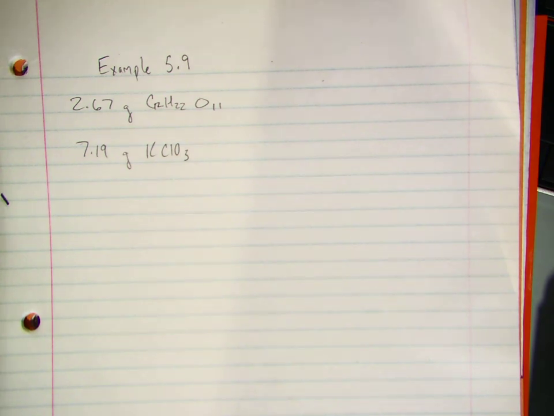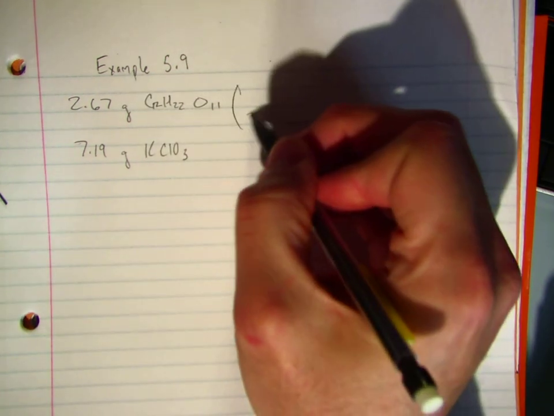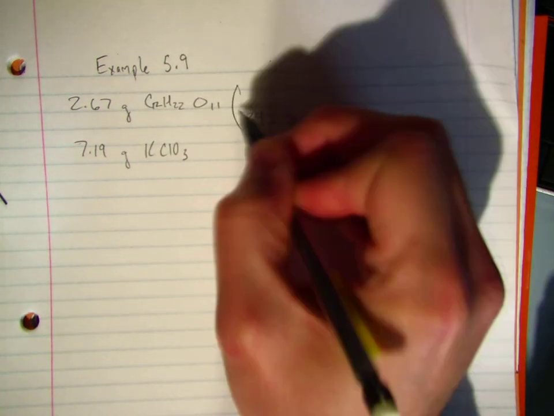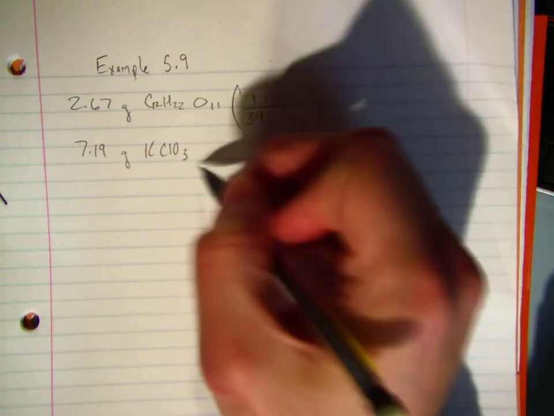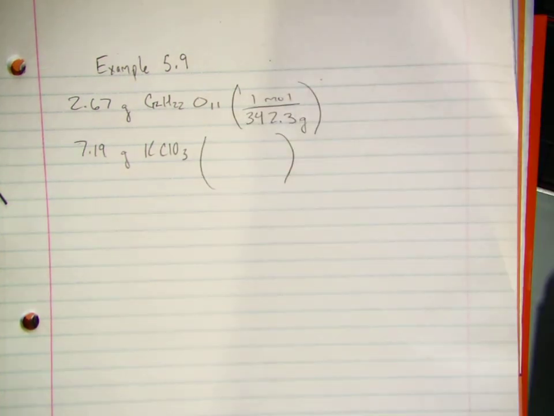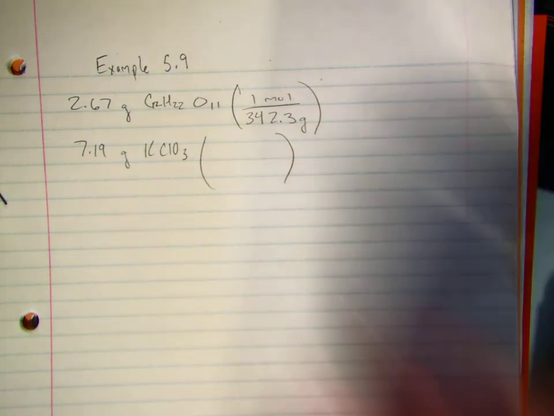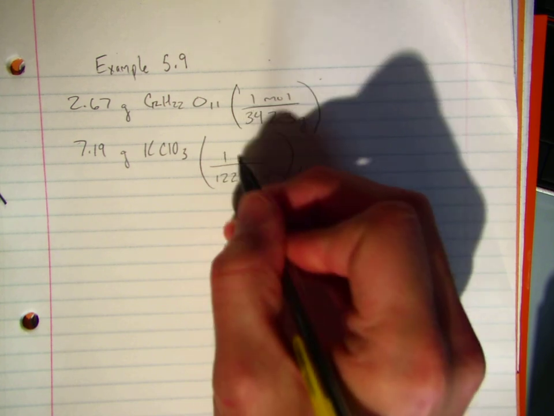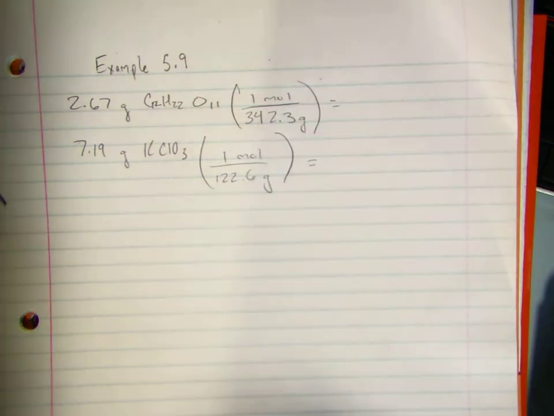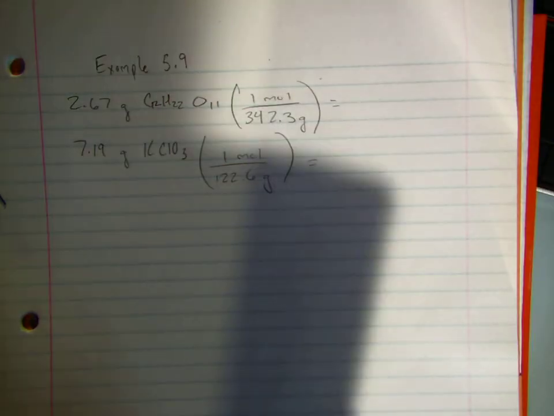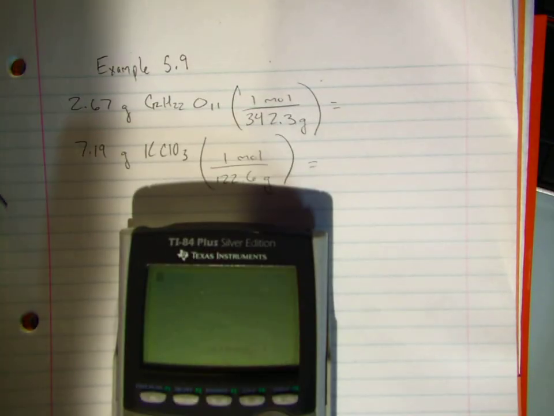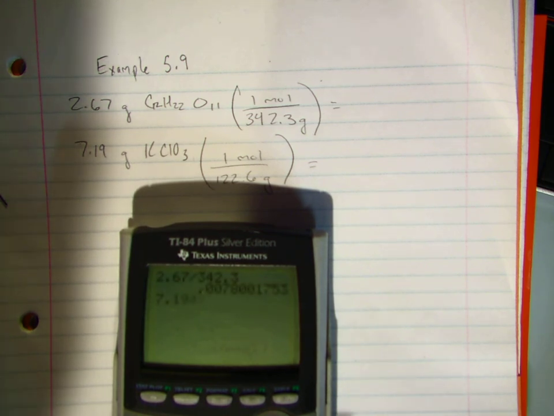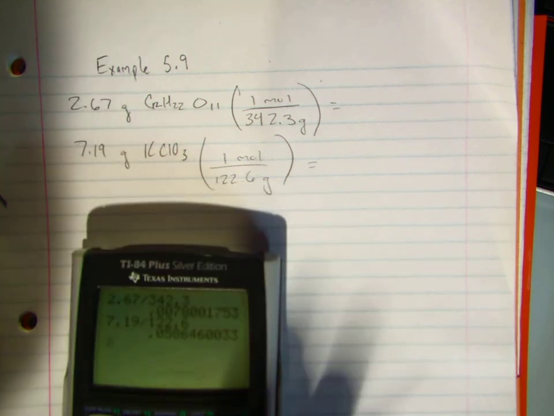So for sucrose, I take 12 carbons, 22 hydrogens, 11 oxygens, add those up together, and you should get 342.3 grams in 1 mole of sucrose. Do the same thing for potassium chlorate: 1 potassium, 1 chlorine, 3 oxygens, and you should get 122.6 grams in 1 mole. So I convert both of those values over. My 2.67 divided by 342.3 and my 7.19 divided by 122.6